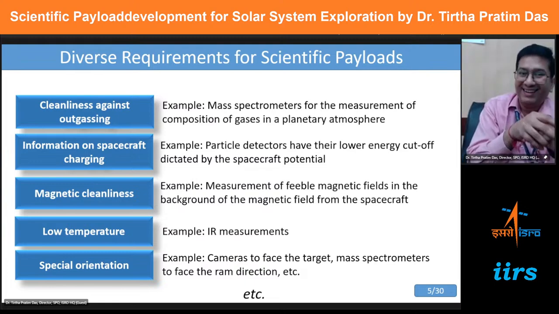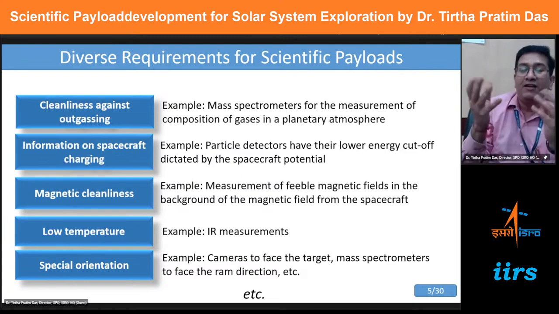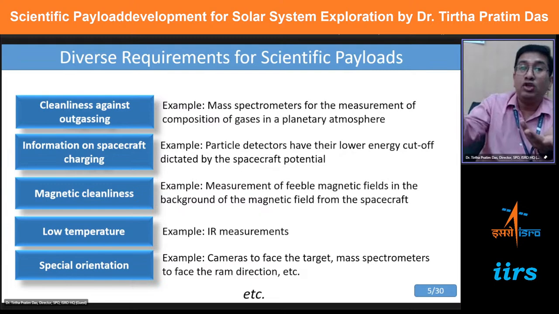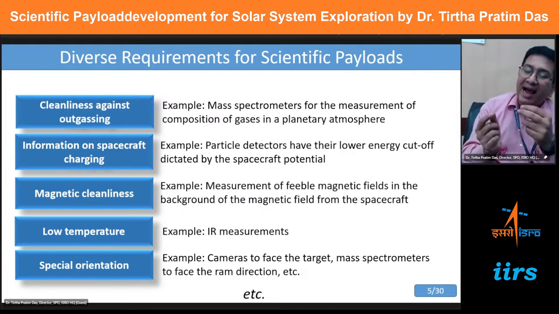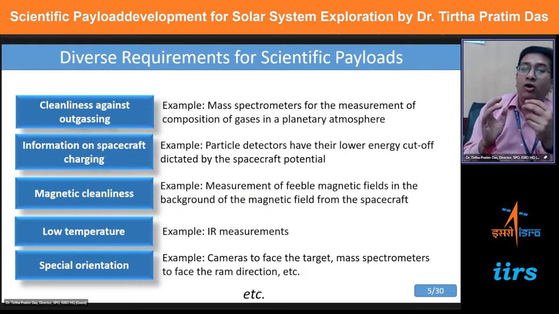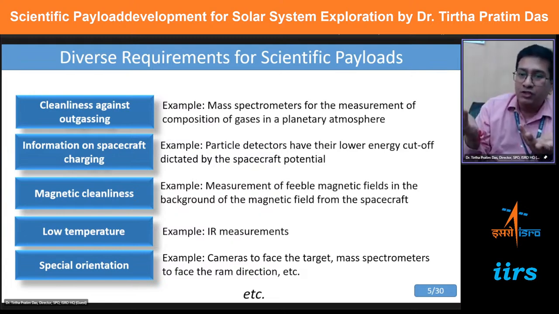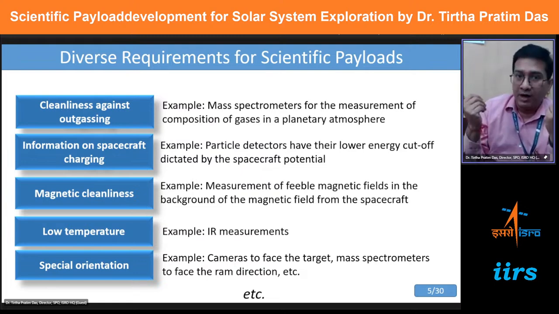Not desirable. There could be another requirement: you have sent a particle detector or field detector on a satellite, and there is spacecraft charging for any reason that you cannot stop. But what you can do is properly ground the instrument, and if information is available on the spacecraft charging, you can use that to correct your data. There could be some instruments which require magnetic cleanliness, like magnetometers. Some instruments are very